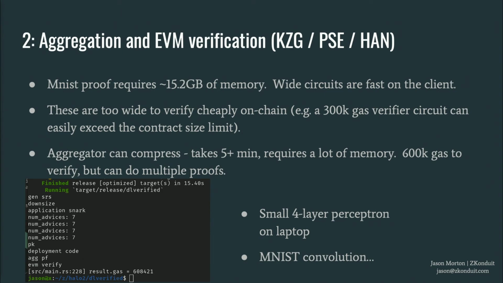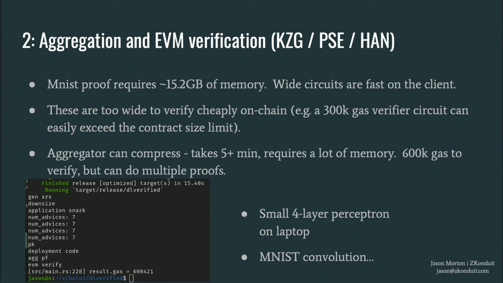So now we're doing some MNIST proof on a client, a laptop or something, at the limit of what it can do at the moment. But the principle, it's a wide, fast proof. Too big to verify on chain, as we just saw. But then we can run a compressor, aggregator, that takes that proof, and it can take multiple copies of that proof, or even other proofs, compress that down to an easy to verify thing.